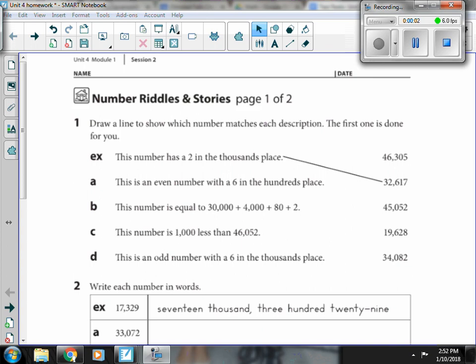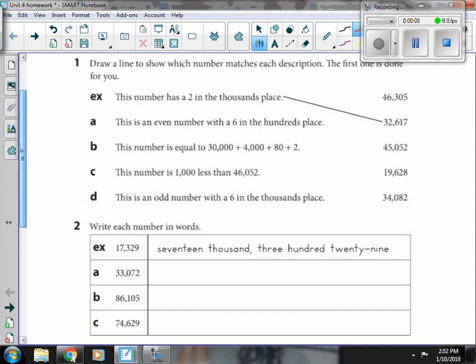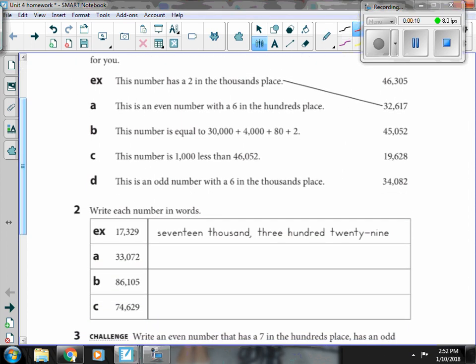This is our number riddles and stories, pages 69 and 70. The first one says this is an even number with a 6 in the hundreds place. Well, I'll first look and I see that this first one's odd. That one's already done. Then I have even, even, even. Okay, so the bottom three are even. Now I need a 6 in the hundreds place. That's a 0, there's a 6 and a 0, so it must be